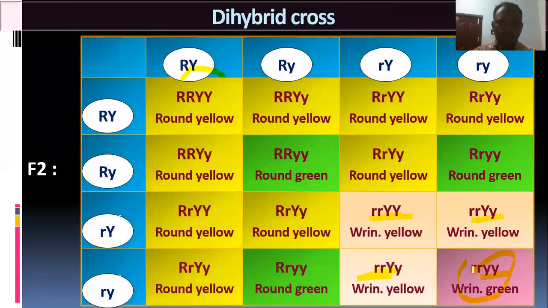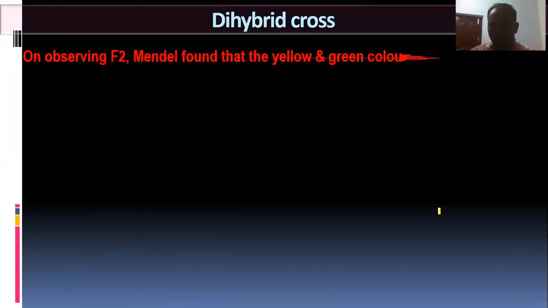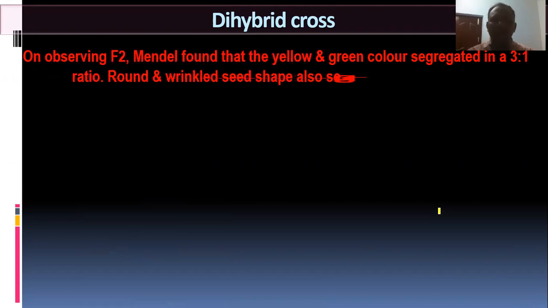See here, how many yellows are there? 1, 2, 3, 4, 5, 6, 7, 8, so 9, 10, 11, 12. How many greens are there? 4: 1, 2, 3, 4. So the ratio comes to 12:4, so it comes to 3:1. Similarly, round and wrinkled also: round is 12, wrinkled is only 4 here. So for segregation, Mendel found that the segregation of round and wrinkled, and yellow and green, is only 3:1